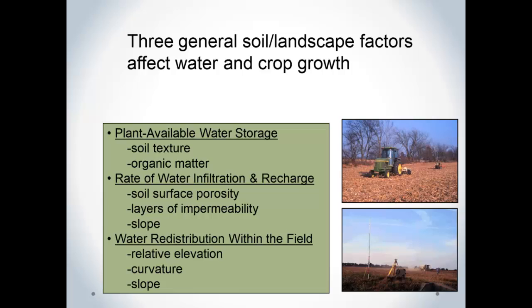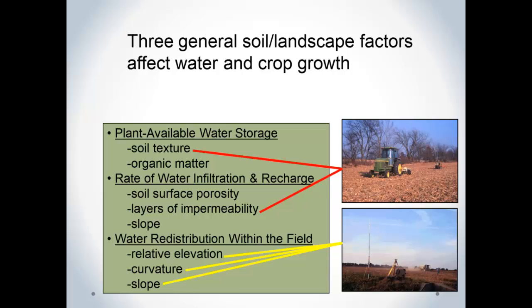So now looking at our list from before of things that are important relative to soil landscape factors, you can see that using soil EC, we're able to get at soil texture and layers of impermeability by virtue of the depth of impervious soil layers, as well as, with high-resolution GPS data, either through LiDAR or ground-based GPS systems, we're able to get at the water redistribution within the field. And we feel that with these two measurements alone we're able to go a long way in